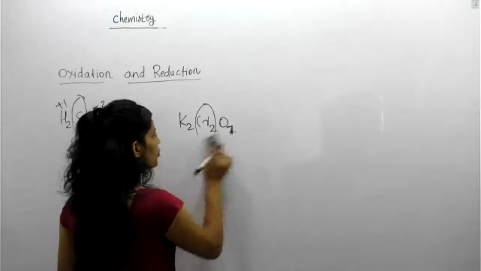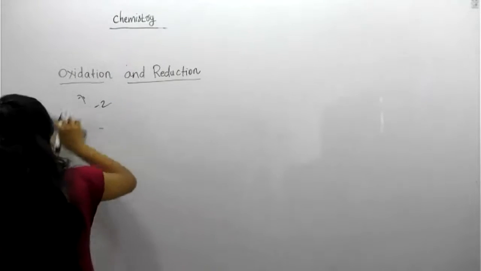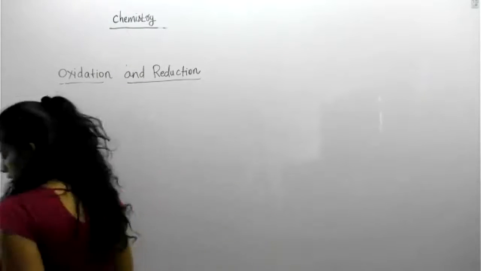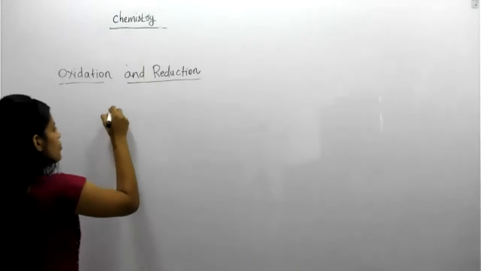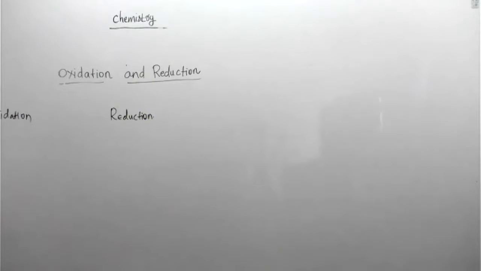So now you are able to find each and every oxidation number very quickly. Understood? Okay, so we can move to some generalization, term wise. First one, students, oxidation number, now you are familiar. Second one, oxidation. What do you mean by oxidation? There is a term oxidation, and reduction is also there. So oxidation means, first point, the addition of oxygen. Okay, we have a lot of terminology. Before that, study this properly.